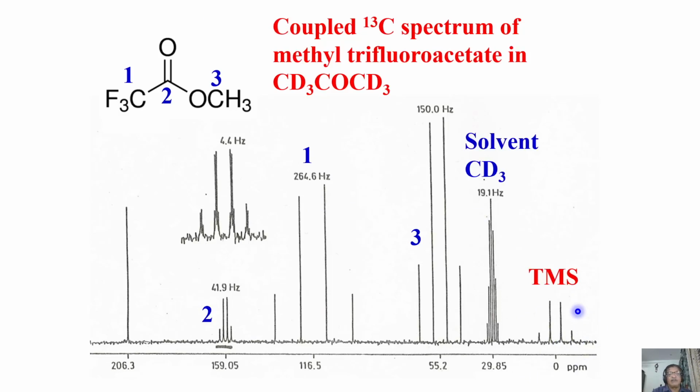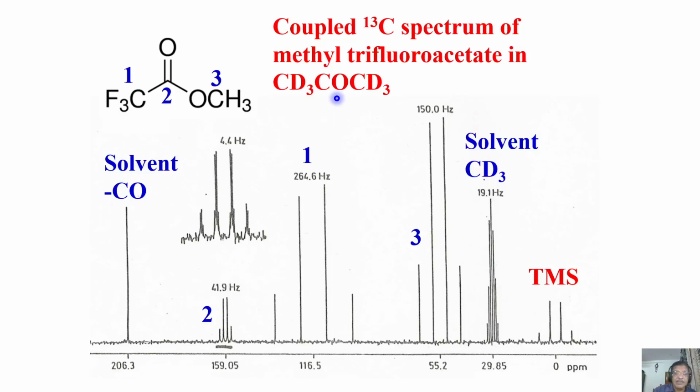Then this is solvent because we have CD3COCD3. Then we have various isotopomers of that, CD2COCD3, CDCOCD3. All possible combinations we can think of, and this is going to be a complex multiplicity pattern for the solvent. That's also fine. Then what is this peak? This is the solvent CO. This is the solvent CD3 group. This is the CO of the solvent. Very simple, right? All the peaks could be assigned now.